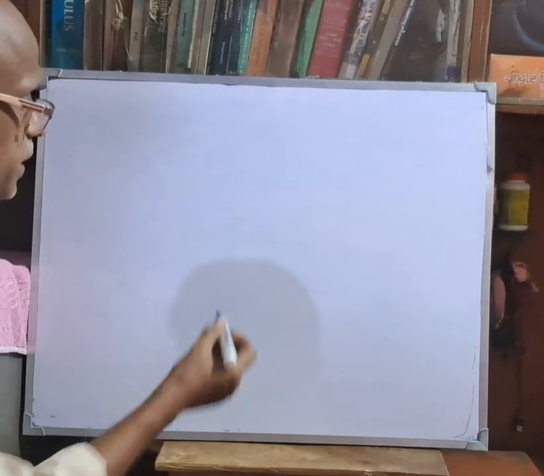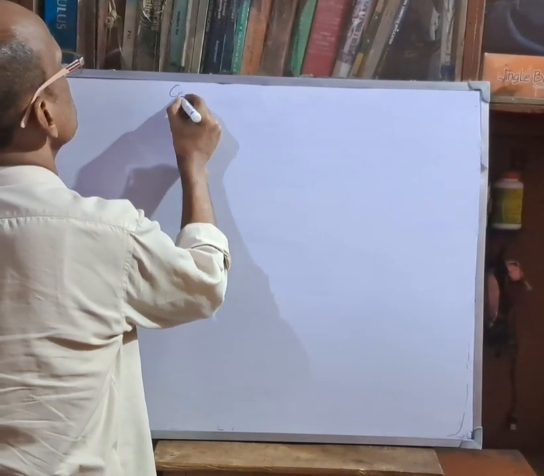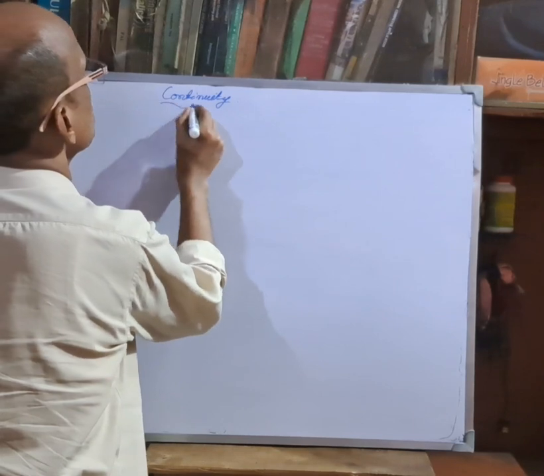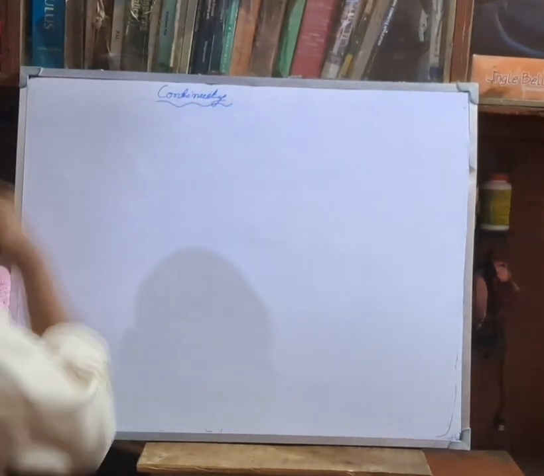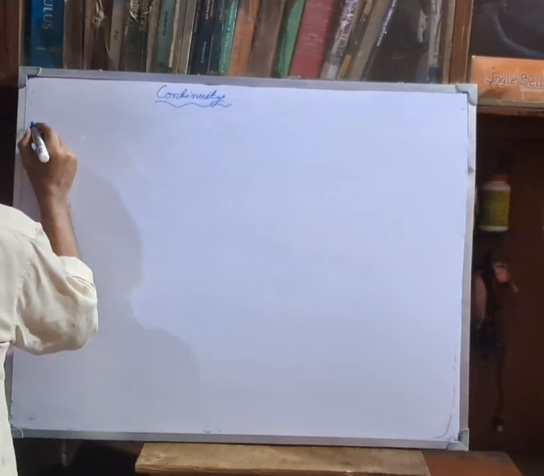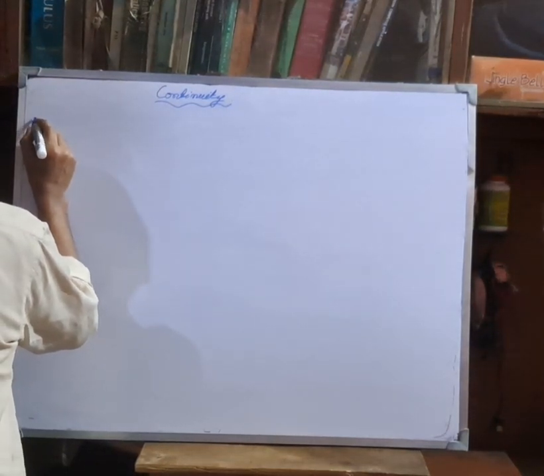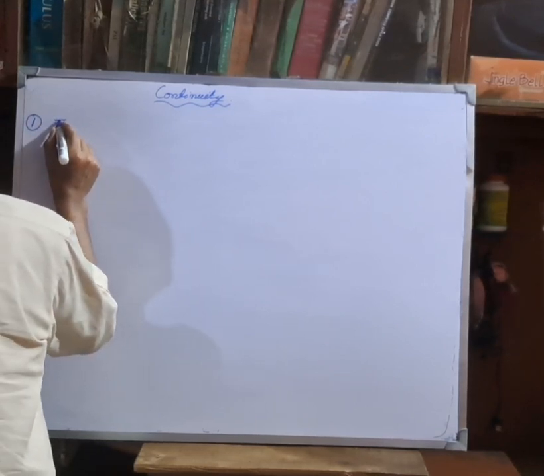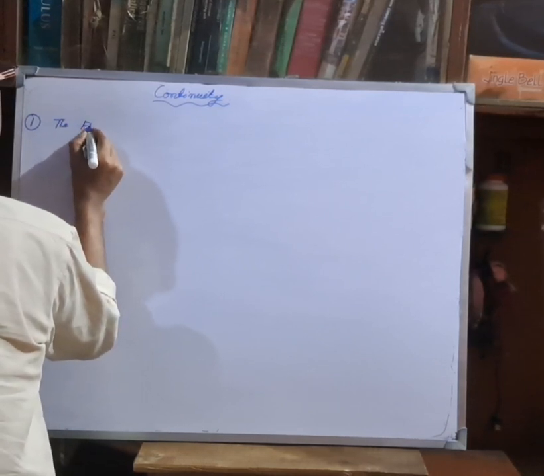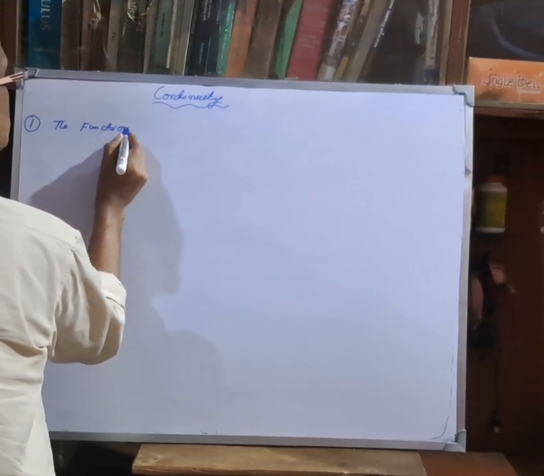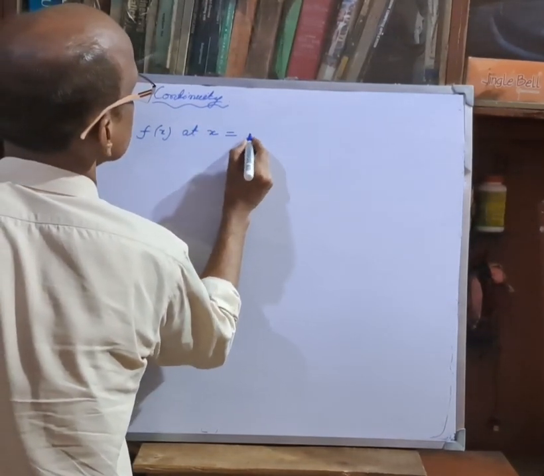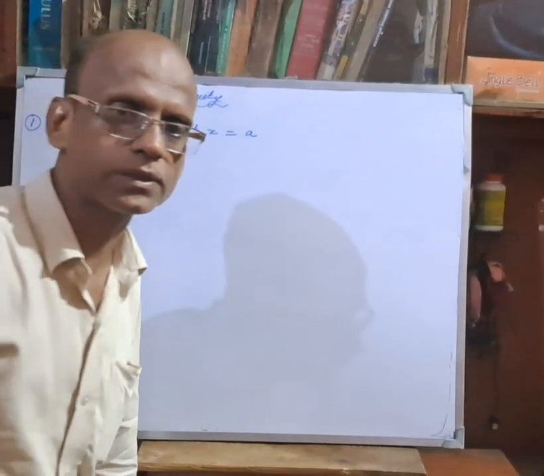हाँ, तो ये लिखिए कॉन्टिन्यूटी ऑफ ए फंक्शन। कॉन्टिन्यूटी एक्चुअली, नंबर 1 में लिखिए: the function f(x) at a, the function f(x) at a